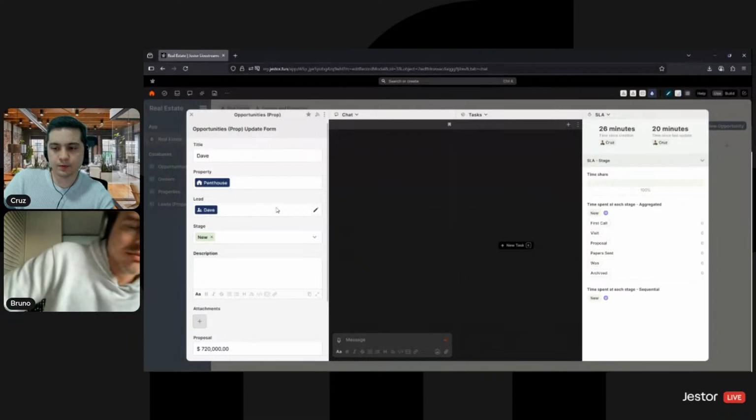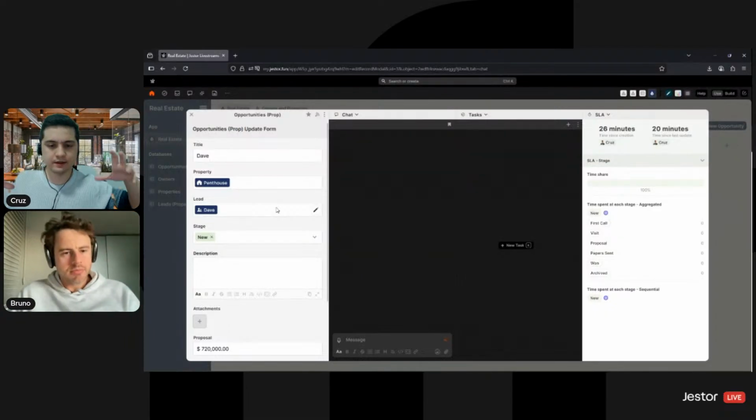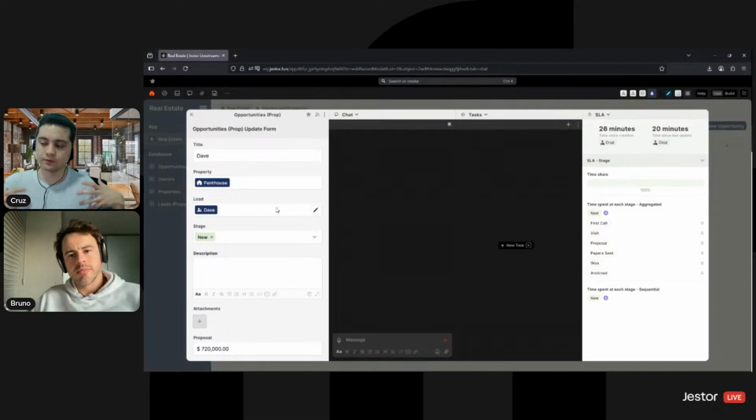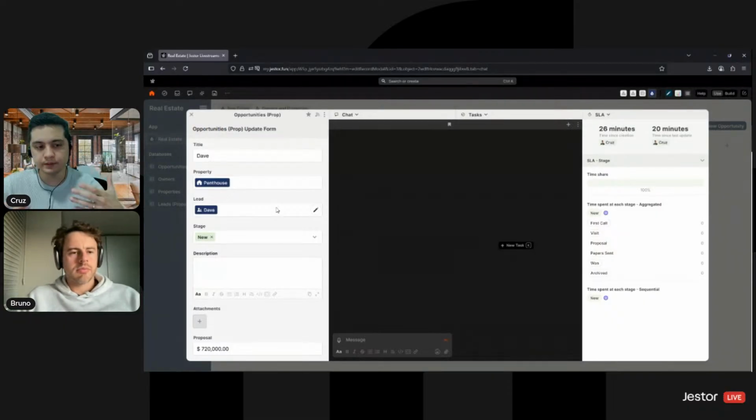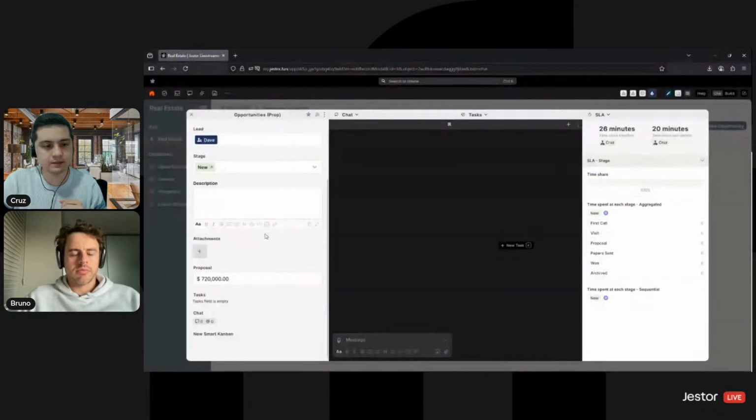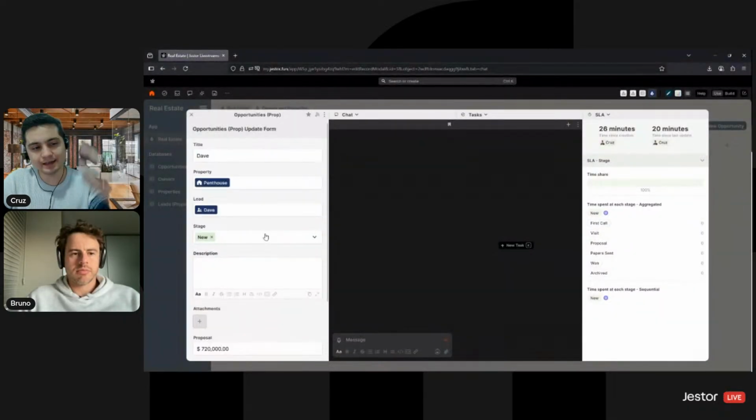So we have more kinds of form, but you can think about these two for now: the creation form, which is what's going to be shown to the user when I'm trying to create a record, and the update form, which is what's going to appear when I'm seeing a record that already exists,